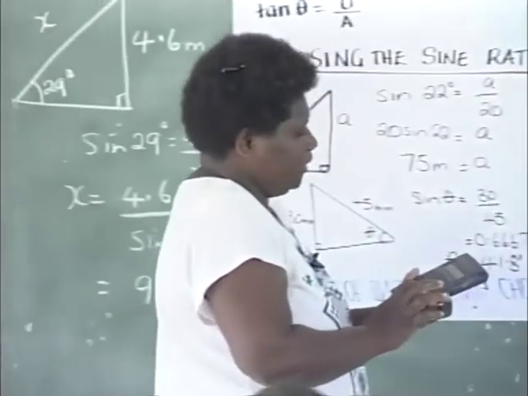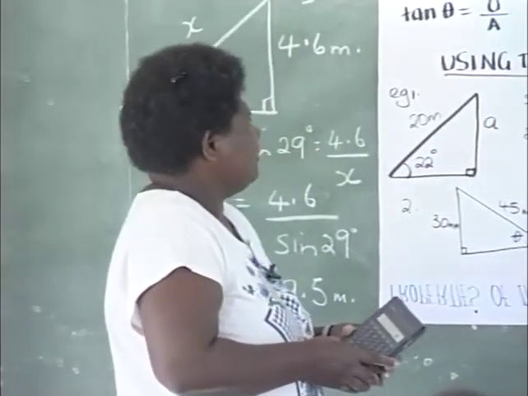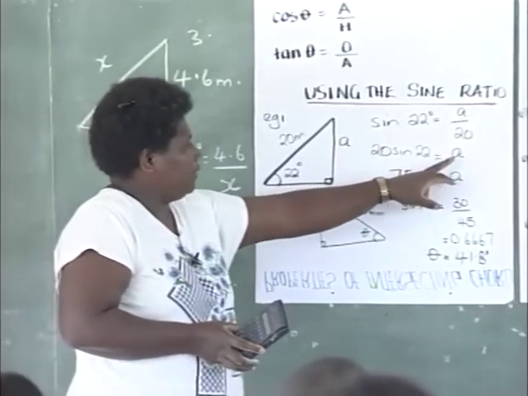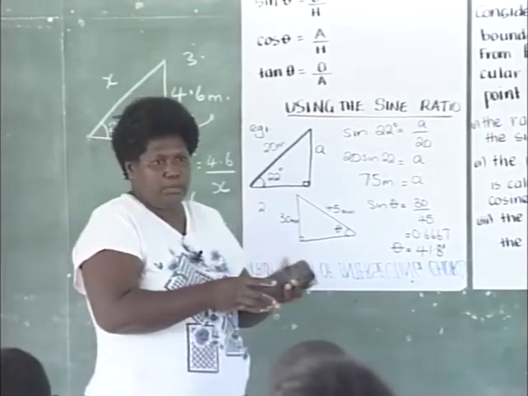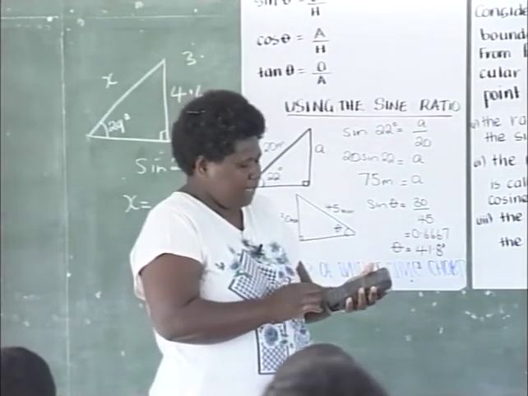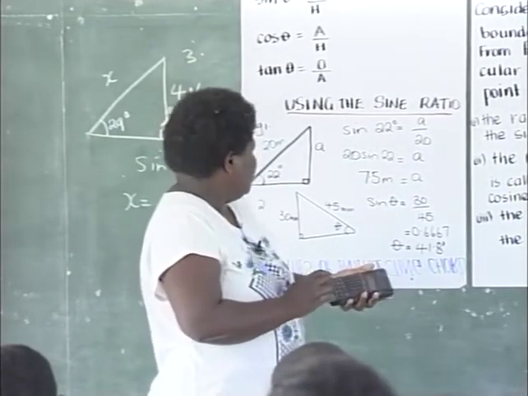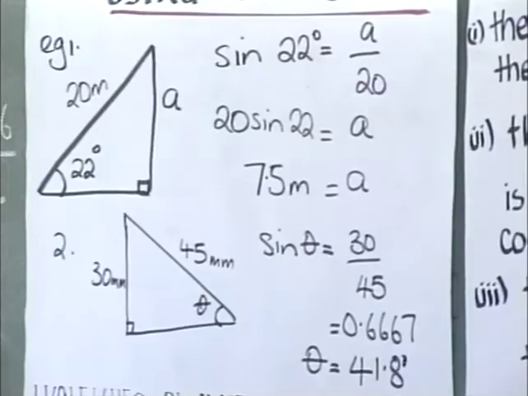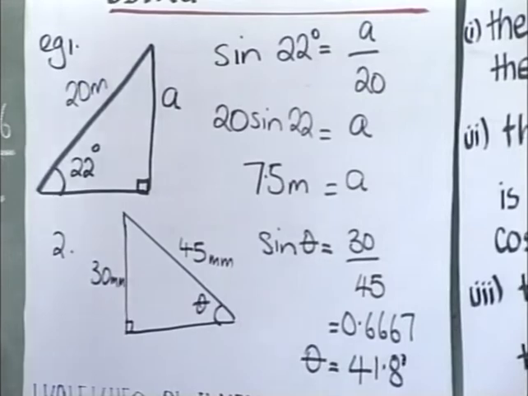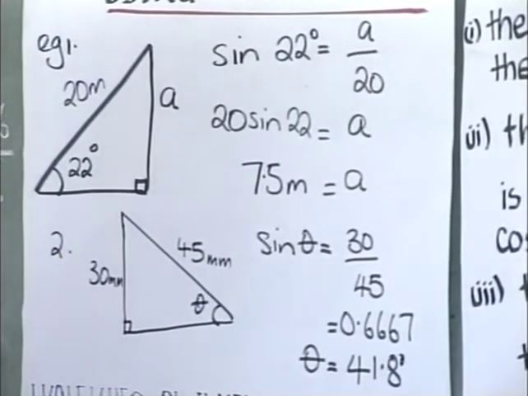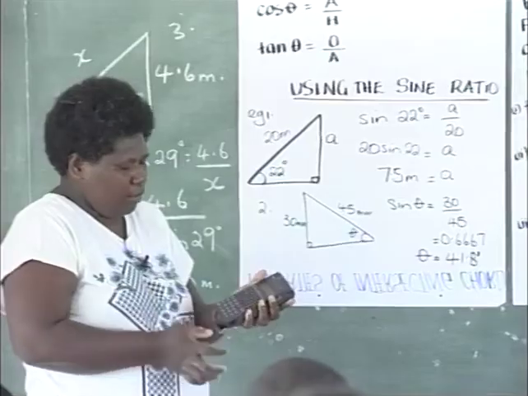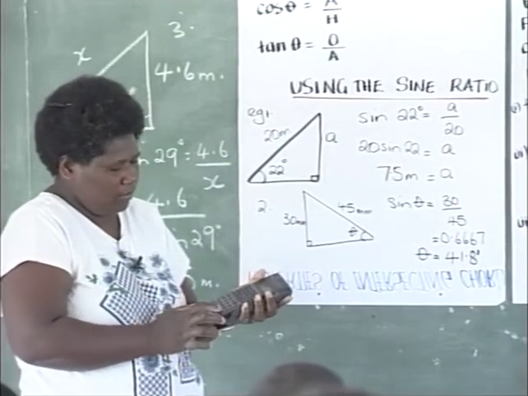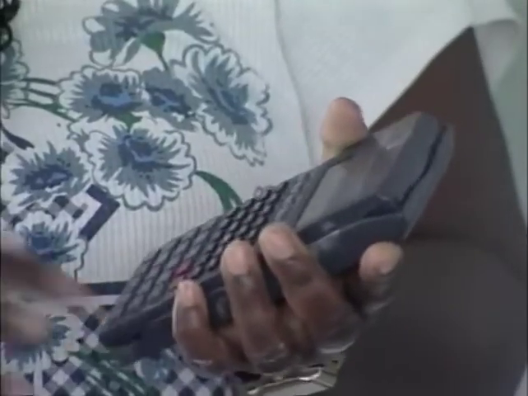Okay, I'll try. If you want to find 20 sine 22, you multiply 20 by sine 22. So you go 20 multiplied by sine 22, and you press the equal sign. It will give you 7.5. Again, you get 20 multiplied by sine 22 equals,